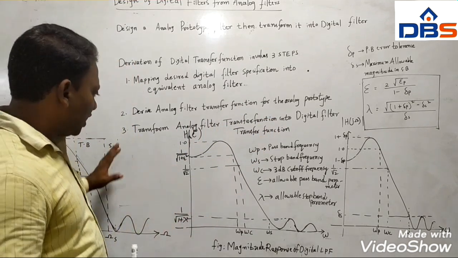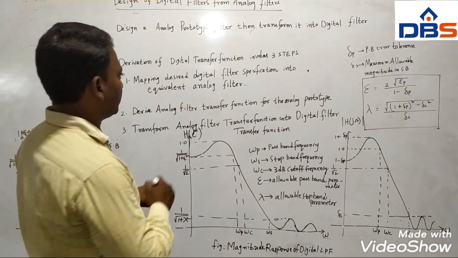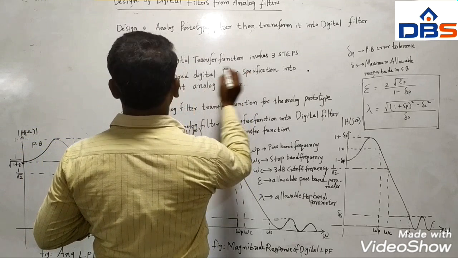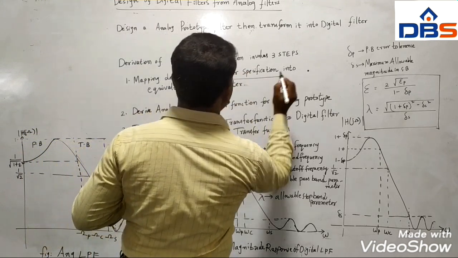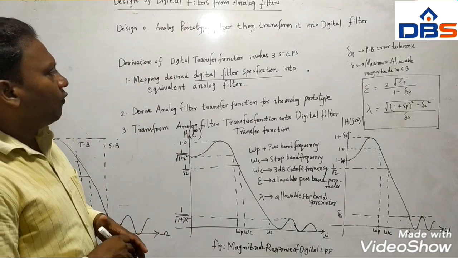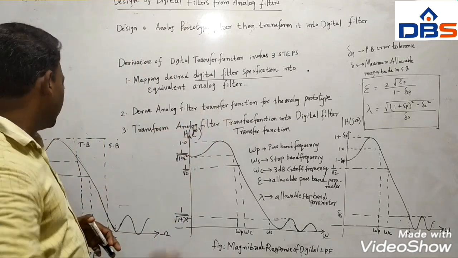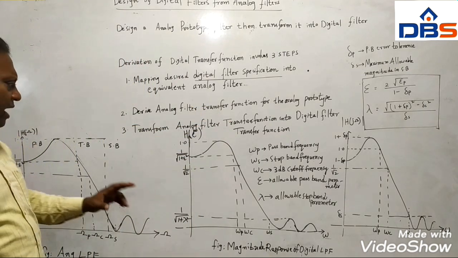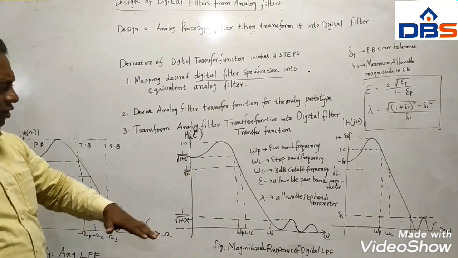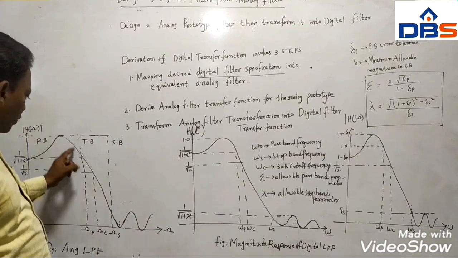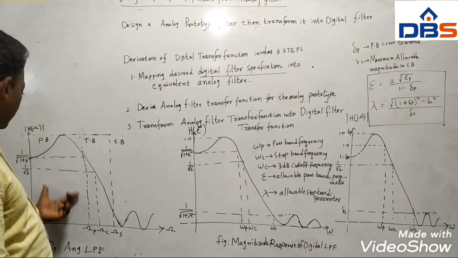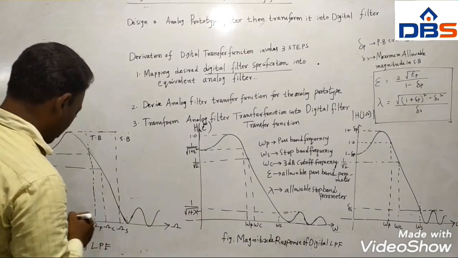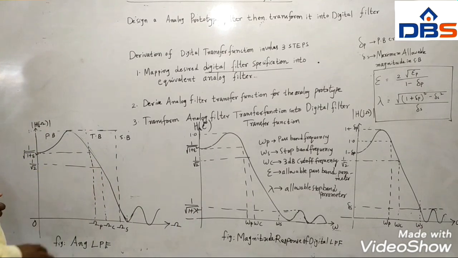Now we will see what the specifications are. We have talked about the desired digital filter specifications. We will see the specifications of these different filters. All these are low pass filter characteristics only, the magnitude response of the low pass filter, whatever we have seen just now. You see all are low pass, because there is a pass band from 0 and a stop band here. Now we will see this in detail.